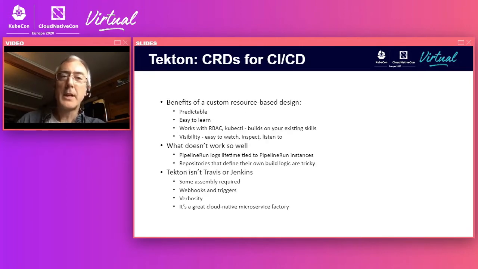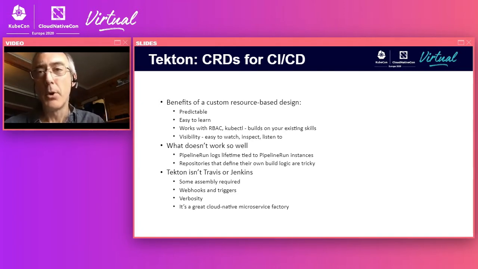And so we look at, okay, Tekton's built out of custom resources, and there are a lot of good reasons for doing that and a lot of benefits from it. If you know anything about working with Kubernetes, they behave in the way that you would expect them to do. All the skills that you've got of working with kube in general, role-based access control, kubectl, those things just behave very intuitively for you. There are some oddities,